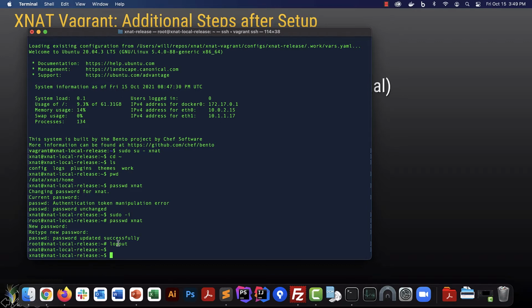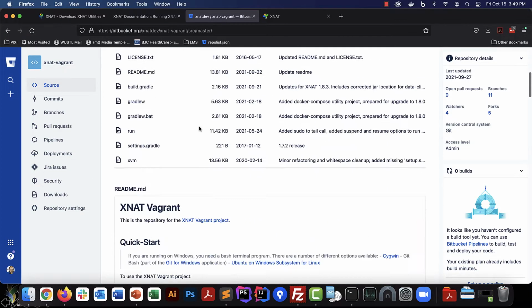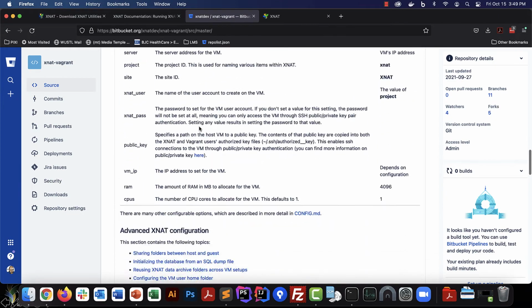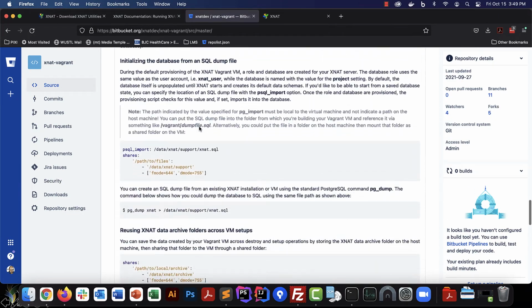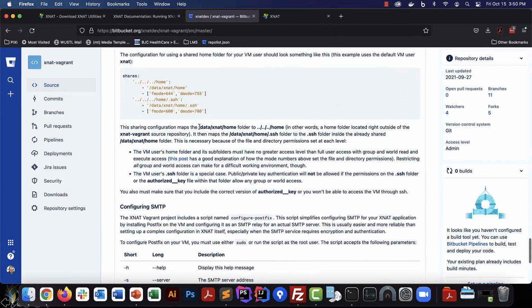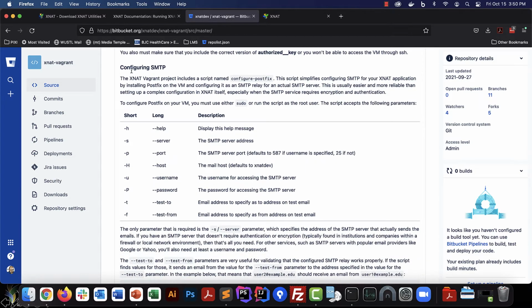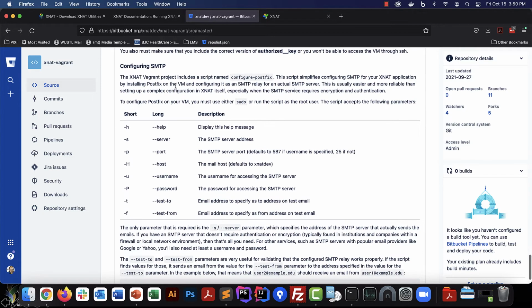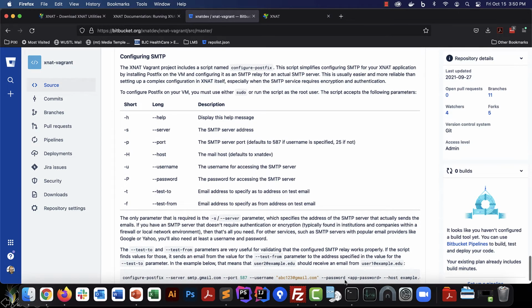The only caveat here is that you might have to flick a switch in your account settings for Google to allow you to do this. But we have documented here in the vagrant documents in Bitbucket a script called configure postfix that will let you set up this SMTP.